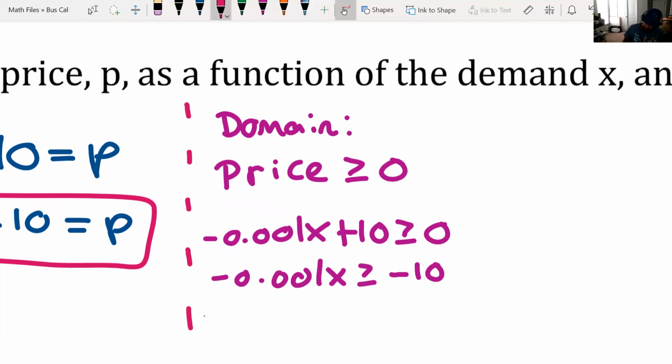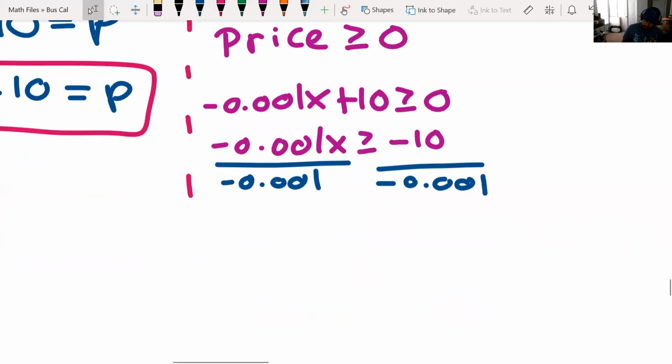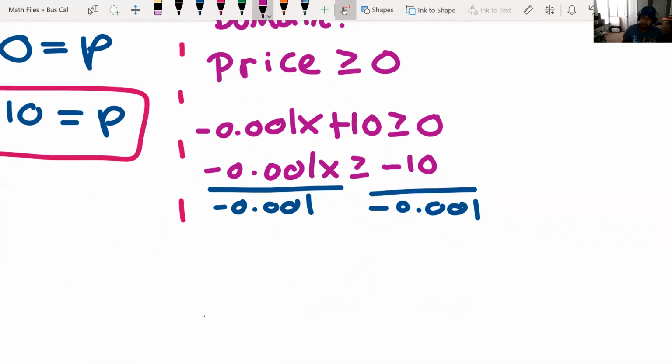And then divide by 0.001, by negative 0.001. And I still got room. Okay. And remember, whenever you multiply or divide by a negative on an inequality, the inequality will always switch, right? So we'll get positive x has to be less than or equal to, and 10 over 0.001, I believe, is